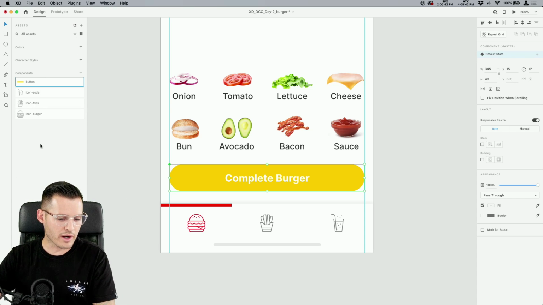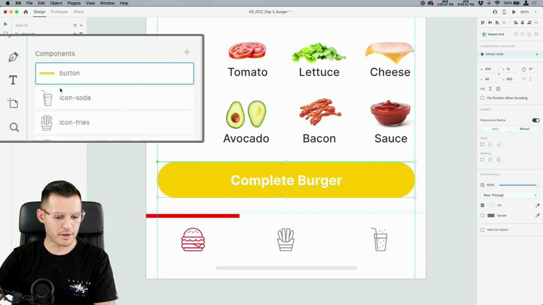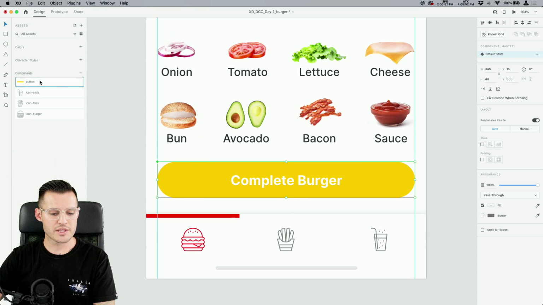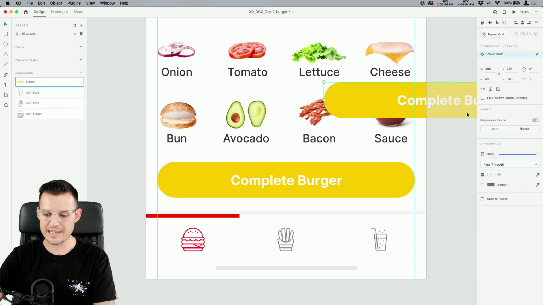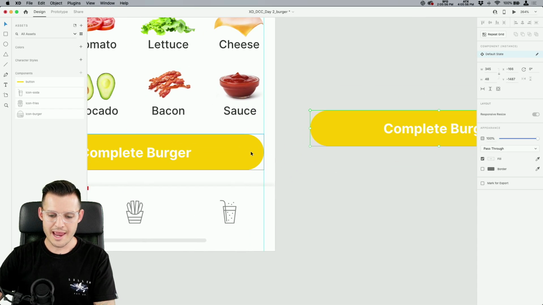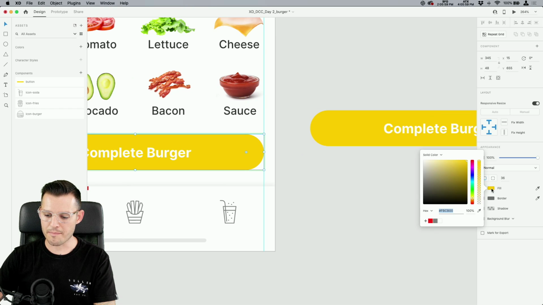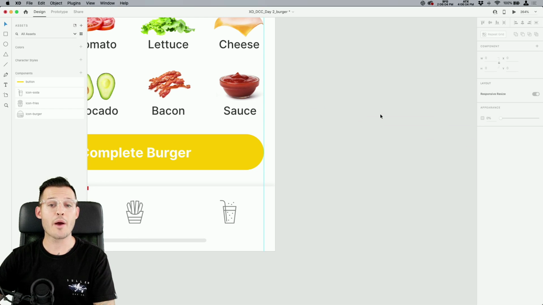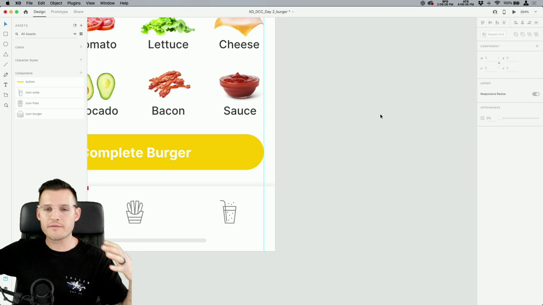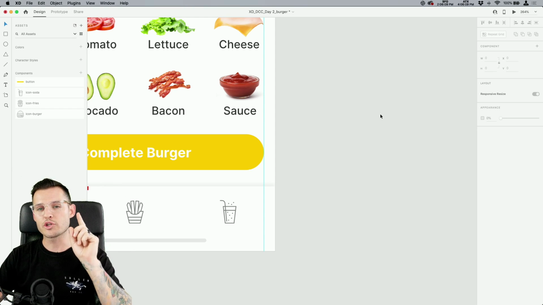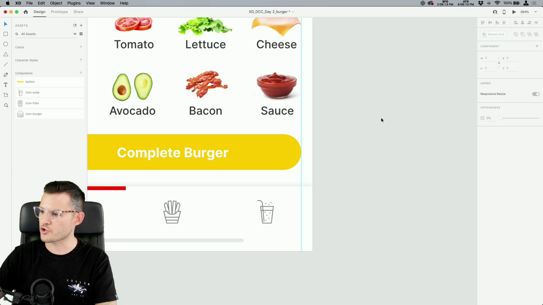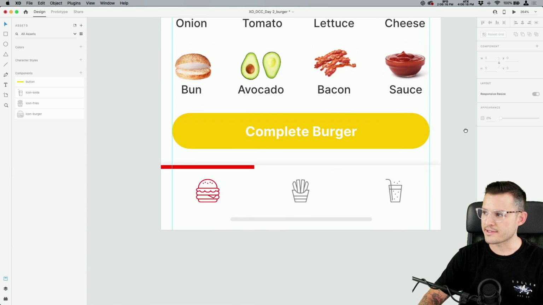I love you. All right, so I just created a component out of this button, and you can see it right here. We have button, and I also have components made out of my icons that are there. So that's as easy as it is to create a button. If I need another button, I can drag one out, and if I change the color on the master component, it's going to change everywhere, just like that. Isn't that nice? And now we can scale our application to 5 screens, 50 screens, 500 screens, and we just have to change that button once, boom, and it updates everywhere. That's a super duper nice thing. For sure. I'm going to move myself over for a second so we can see a few more things.